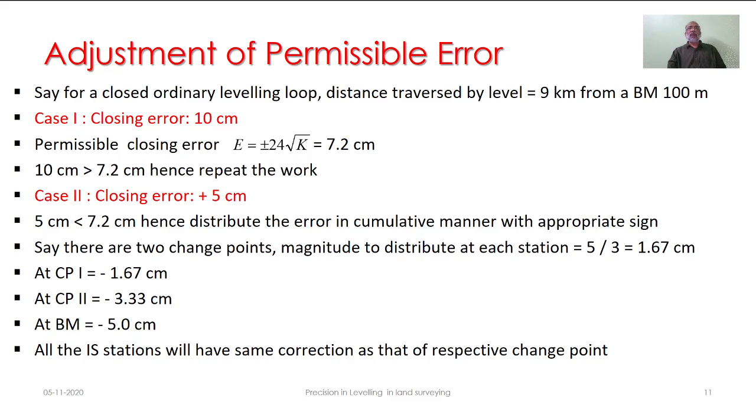Now, as we close the work on a certain benchmark, we'll be able to know the distance traveled by the equipment,